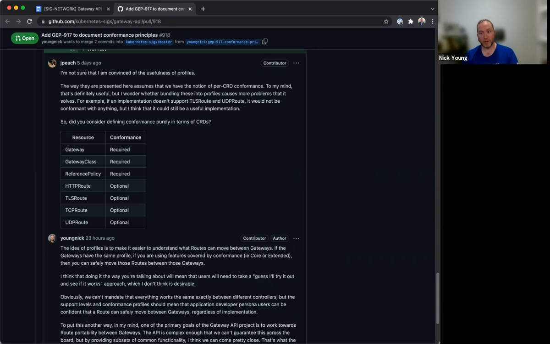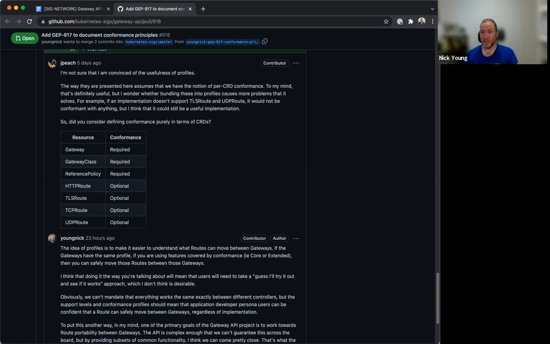I think we want to end up with the same sort of thing as you do with the official K8s conformance, where you run a specific Sonobuoy set of command line flags that you pass to it, and then it gives you a test output file that you then PR into a specific repo that is reviewed by those repo owners, and they give the thumbs up and merge it in. That thumbs up and merge in says we are conformant for this specific Kubernetes version.